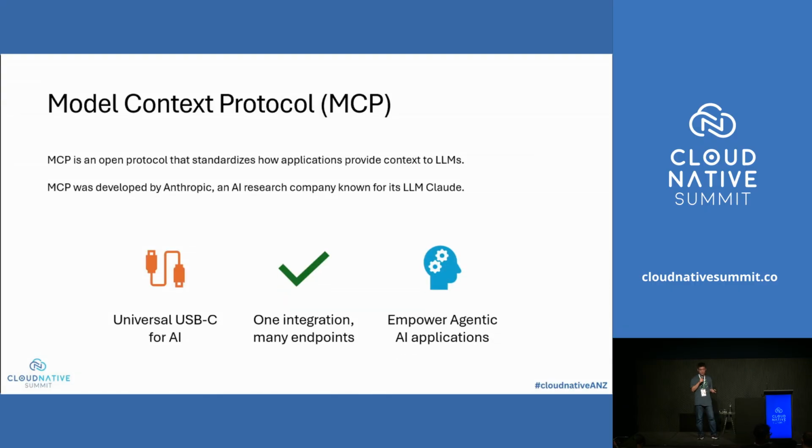Model Context Protocol is new, but I just want to clarify the difference between MCP and function calling. Function calling is where you develop a function in your AI system to call external services. But MCP is where you develop a protocol for your existing systems to allow the LLM to call you. So they have different purposes.